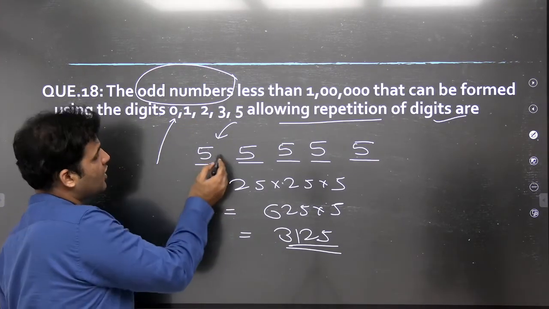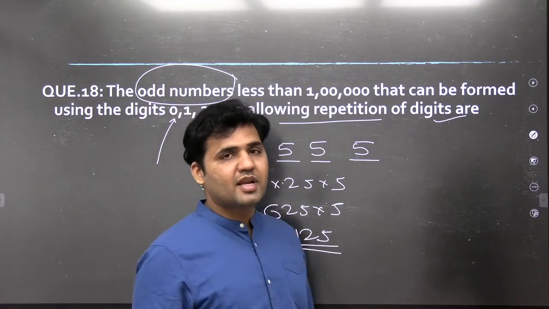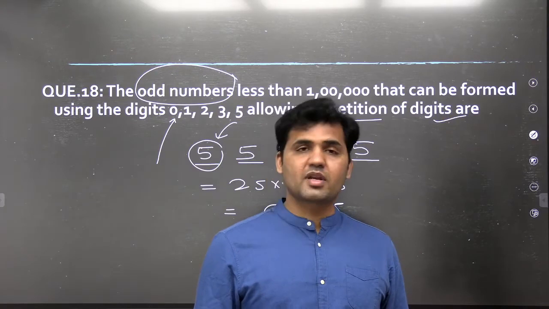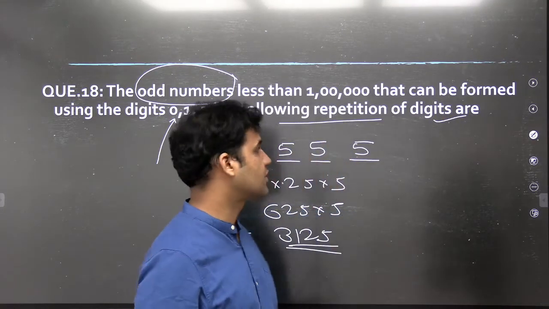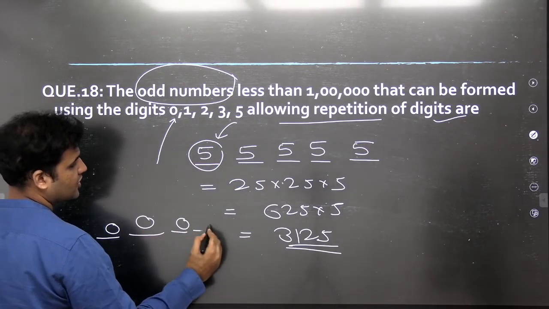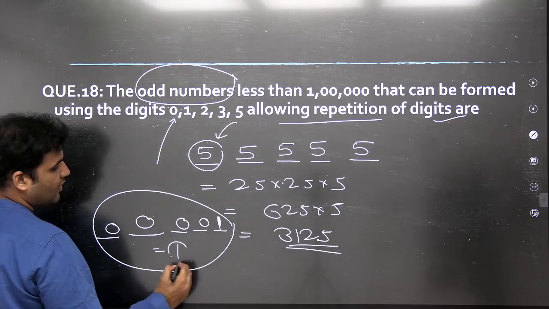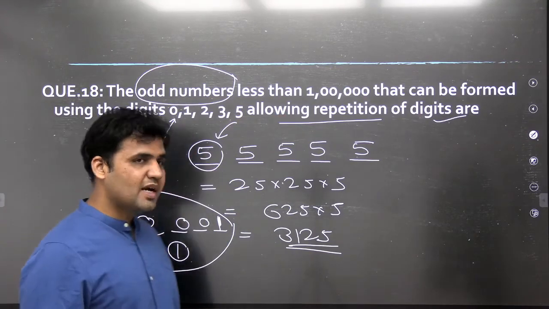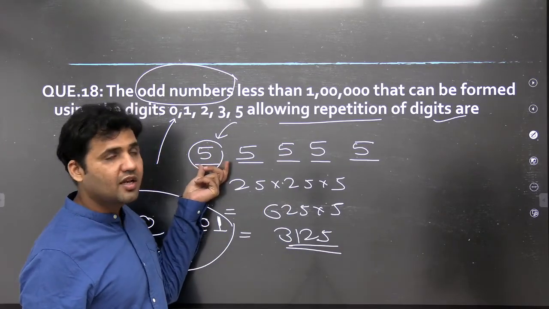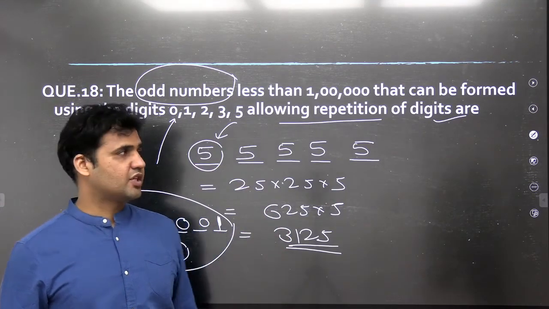Now some of you might be thinking that because I also have 0 as one of the digits, 0 cannot be used over here. No, 0 can be used over here because nowhere is it mentioned that the number has to be of 5 digits. The number can be of 4 digits also, 3 digits also, 2 digits also, a number can be of 1 digit also. So even if I am using 0 at the second position, 0 at the third position, 0 at the fourth position, and 1 at the last position, you still have a number which is equal to 1, and it is less than 1 lakh, right? So by allowing 0 as one of the possible digits at this position, it will automatically cover all the 1 digit, 2 digit, 3 digit, 4 digit, 5 digit numbers, right?